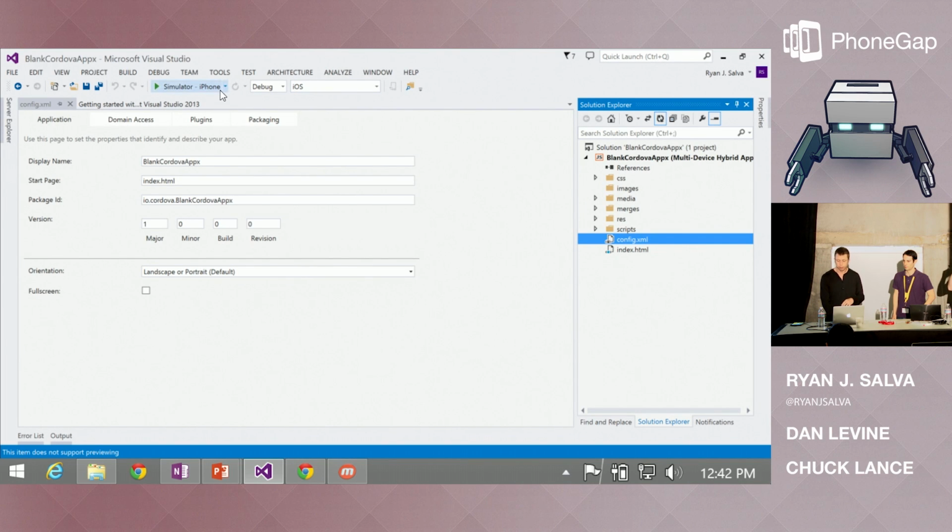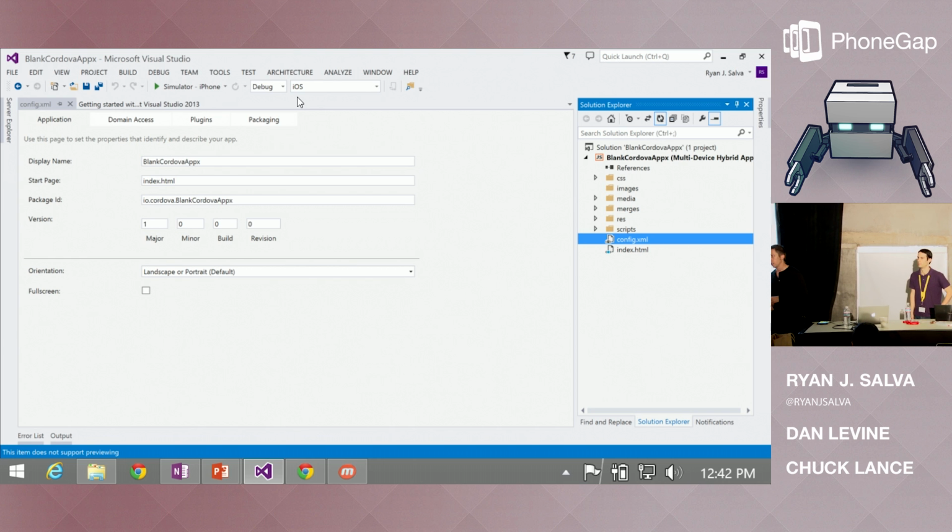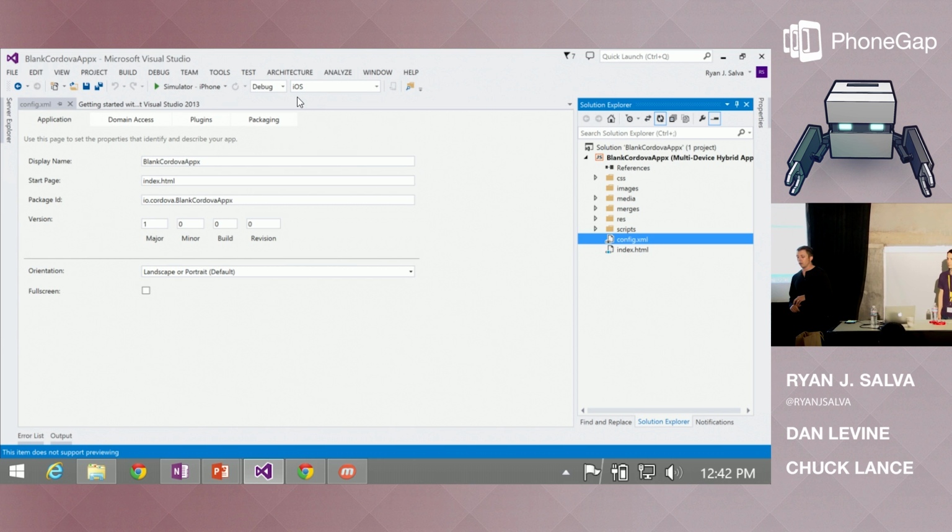Let's actually do that. Is that specifically for a tethered device? It is not specifically, you can do it for the simulator as well. Yes, then do I have to switch to the Parallels? You do. So when I have done this before, what I've done is I've used coherence mode in Parallels.